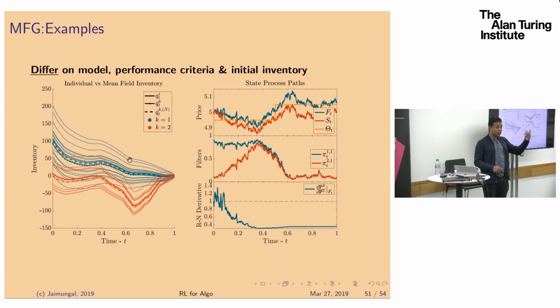And the liquidators are also trading in a way that protects themselves from the fact that they know there are the stat arb people that are trading in the market. Although each individual agent doesn't know what each other individual agent is doing, they know in aggregate what they will be doing, and they react accordingly. So it's possible to actually solve these types of problems, and you can extend this into many different classes because the theory works for an arbitrary number of classes. Implementing it numerically is where the challenge is,